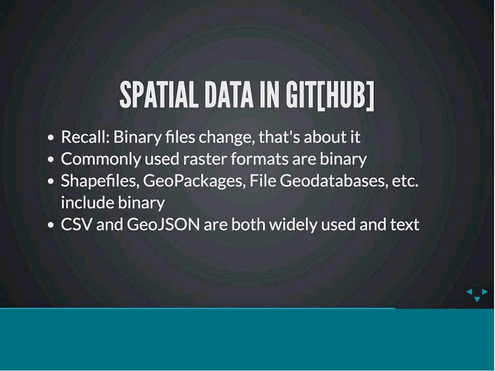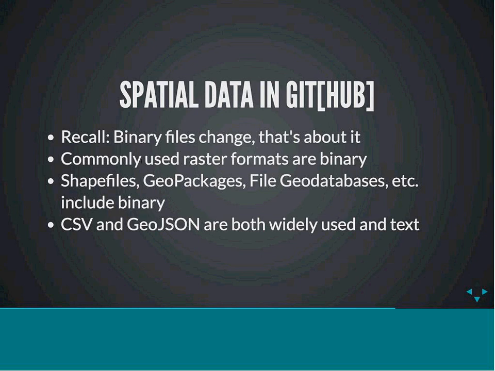So since this is the main series, I figured we should have at least some slides on spatial data in GitHub. We talked about this a little bit earlier. First of all, binary files: if you change them, Git or GitHub will say, yeah, the file changed. Pretty much every raster format out there is binary. There's an ASCII raster format or two. I don't know why you would use them. Probably old software somewhere. But even then, if you're looking for a change in an ASCII file that is a raster,